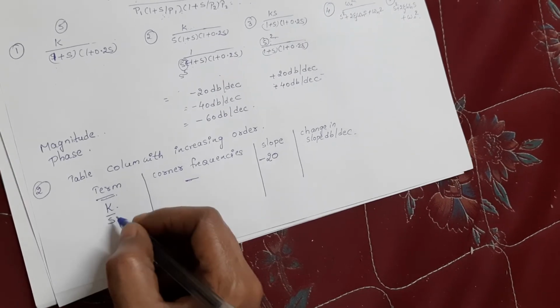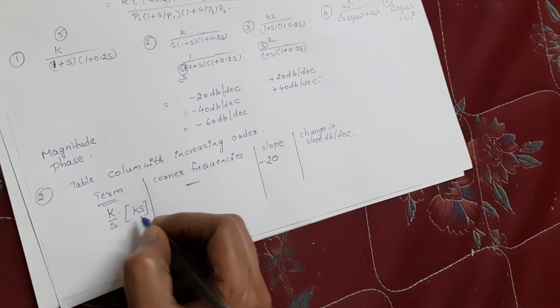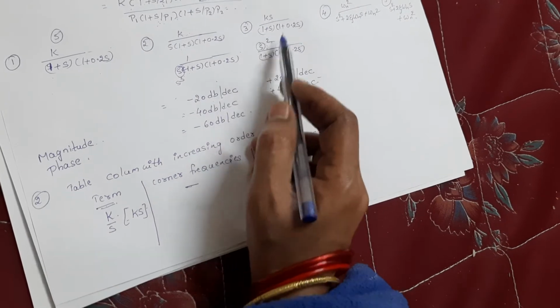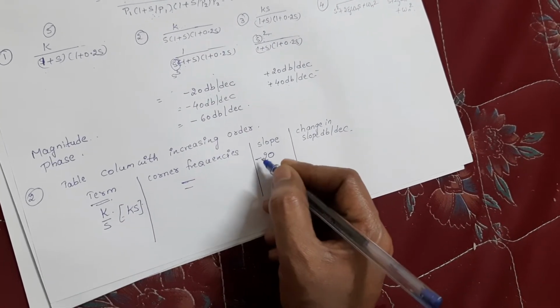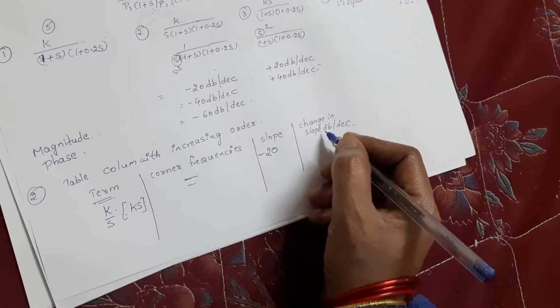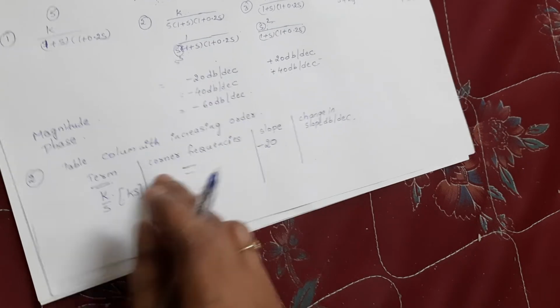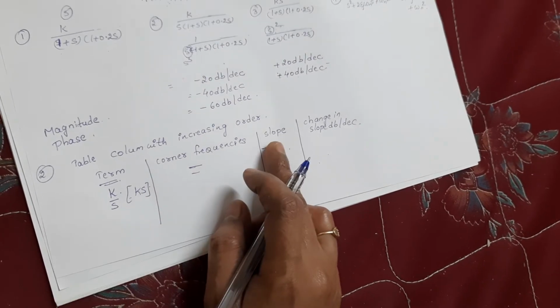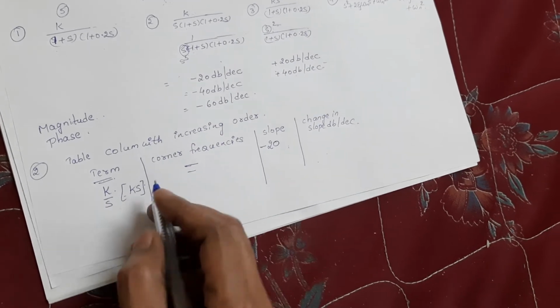If the problem was K by S, or Ks, if it is Ks like this, then there is no corner frequency, but you should write it as plus 20 dB, and then the change in slope comes for the next step. You should write plus 20 dB for Ks and minus 20 dB for K by S. Next,